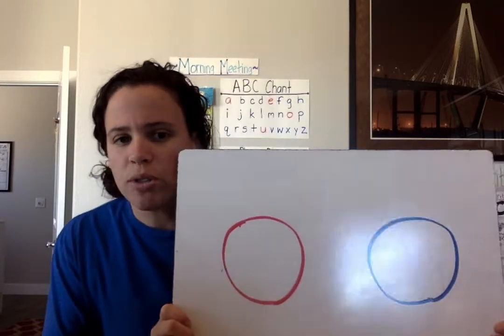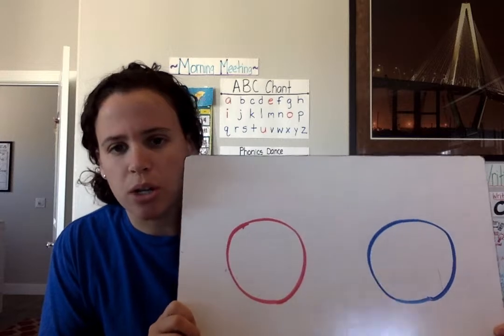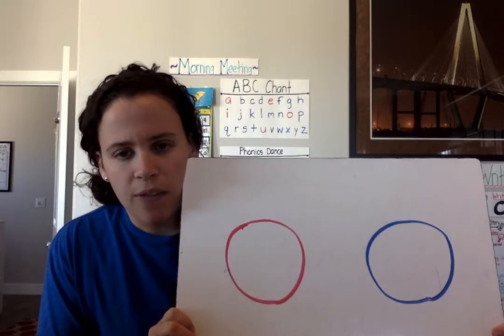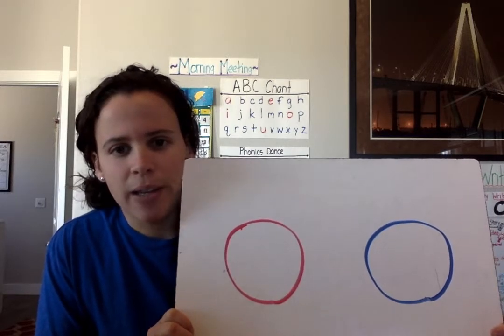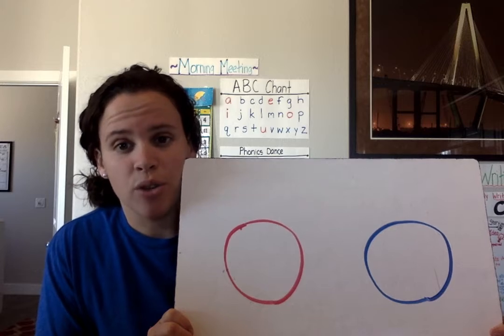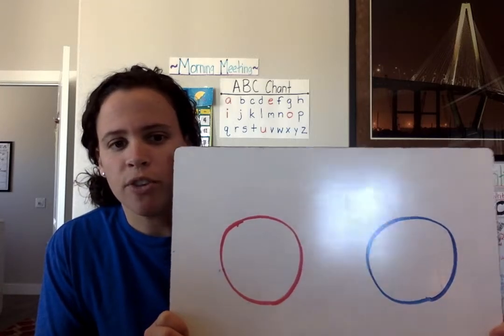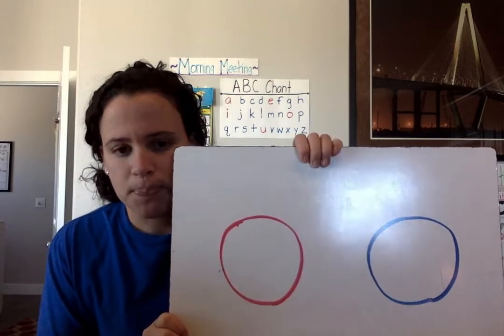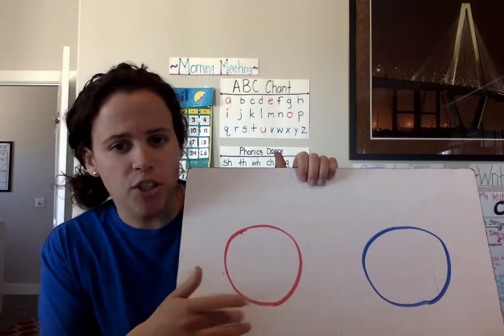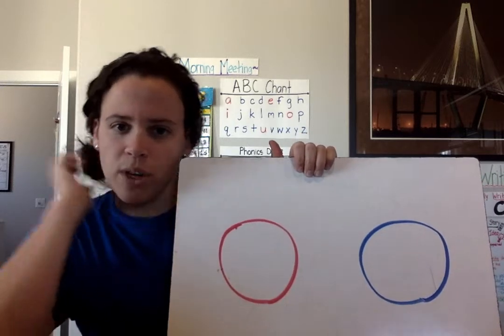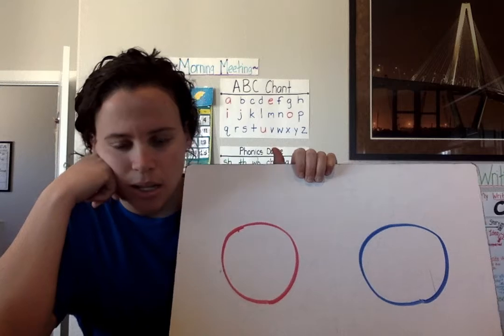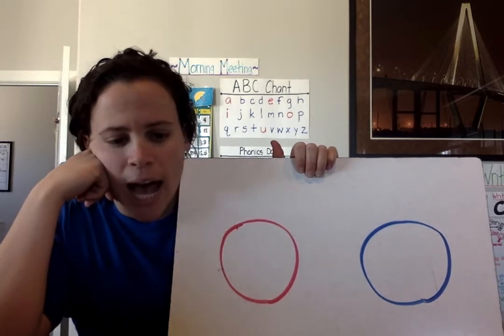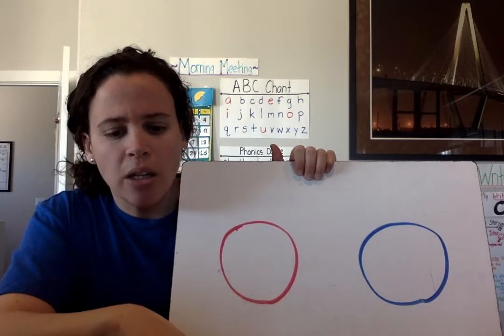What I want you to do is draw two circles, okay? If you want to do them different colors, you can. I might do them different colors so I can show you the difference. But if you want to do them different colors, go for it. Otherwise, just two circles. And in your first circle, circle 1, you can even put a 1 above it, or if you have a red circle, I want you to draw a line